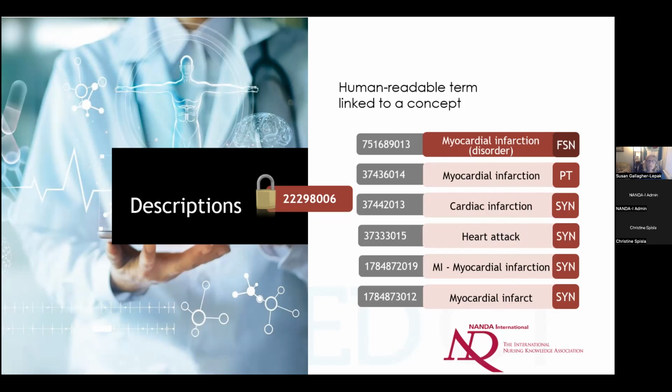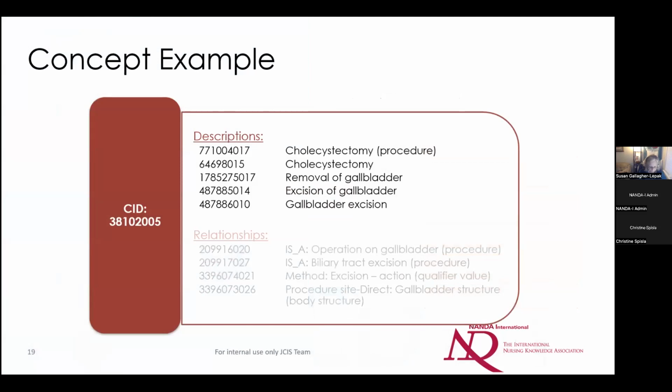So hopefully this is all starting to make sense and putting it all together for you. Let's go back to our example of cholecystectomy. Here's our concept identifier. The first one is our fully specified name, and it has its own description identifier, excuse me. Each of these descriptions has its own identifier, and all of these descriptions are connected to this concept identifier. And this is all done on the back end. And if time allows, we'll even